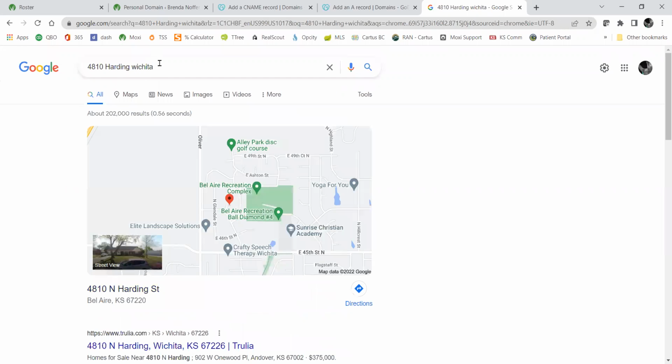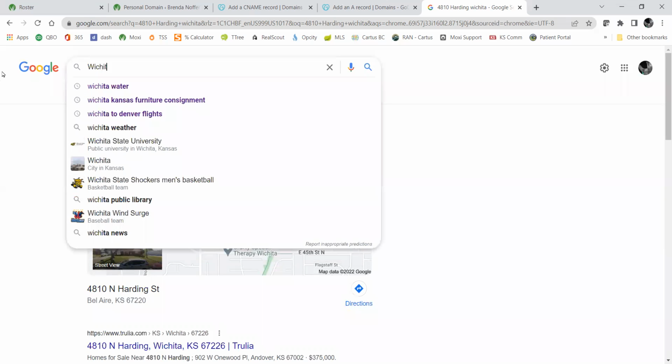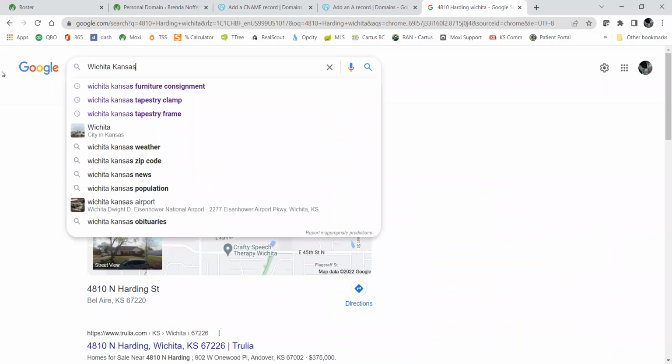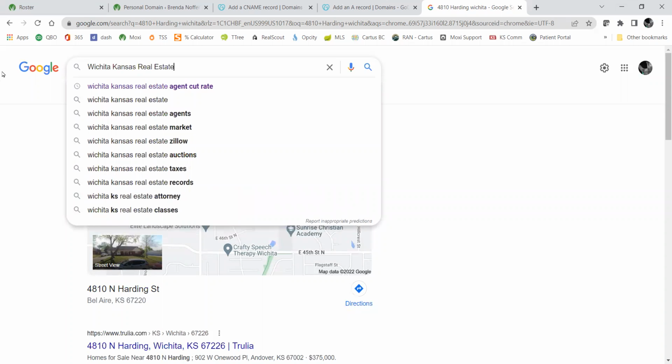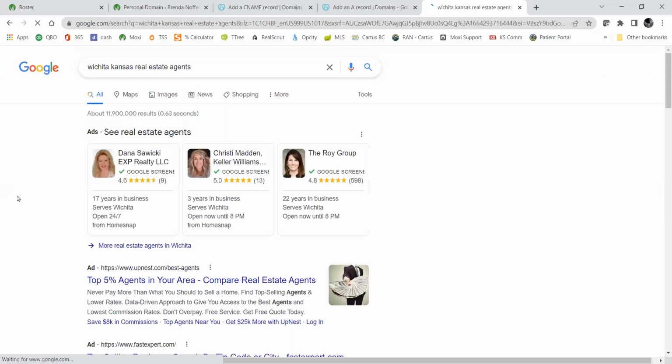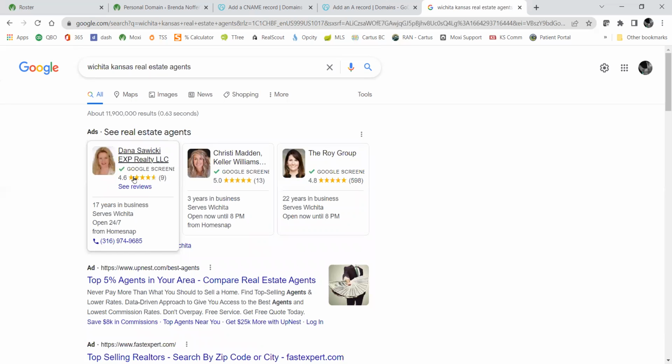Now, if I am in Wichita and I want to look for a good home or a good realtor, do I type in your name? And look, automatically cut rate comes up there. It means that a lot of people search for that term, and that's why it's up there. I want to find who's going to cut their commission. But I type in Wichita, Kansas real estate, Kansas real estate agents. And these are called